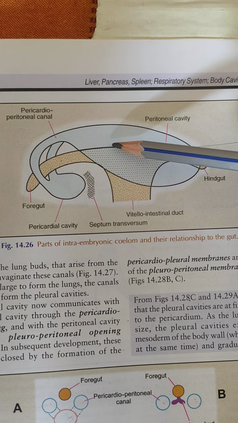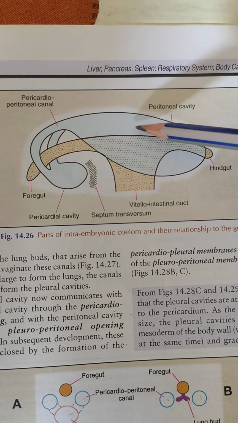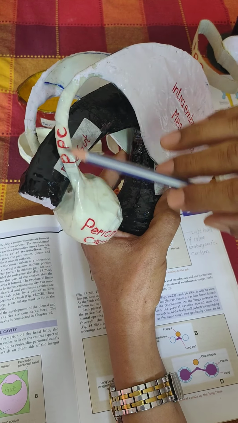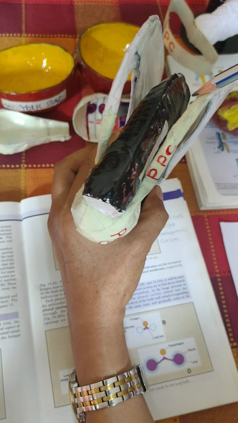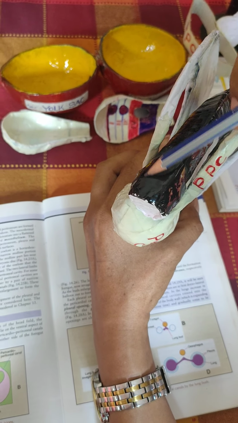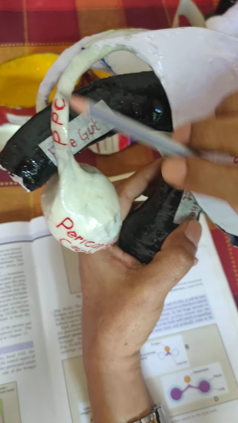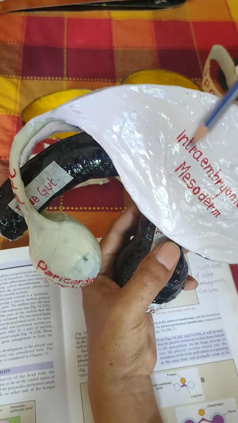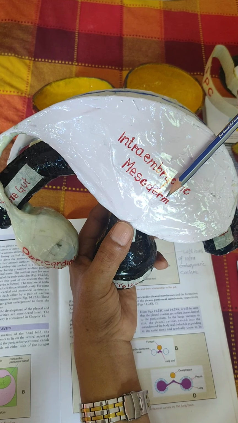So only the left half of this pericardio-peritoneal canal is connecting to the intraembryonic cilium. So here, this is the pericardial cavity. This is the PPC, pericardio-peritoneal canal. Both sides, right and left pericardio-peritoneal canal. This is the foregut. Just lateral to this foregut, this is the right, and this is the left pericardio-peritoneal canal. So this left pericardio-peritoneal canal is communicating with the intraembryonic cilium within the lateral plate mesoderm,